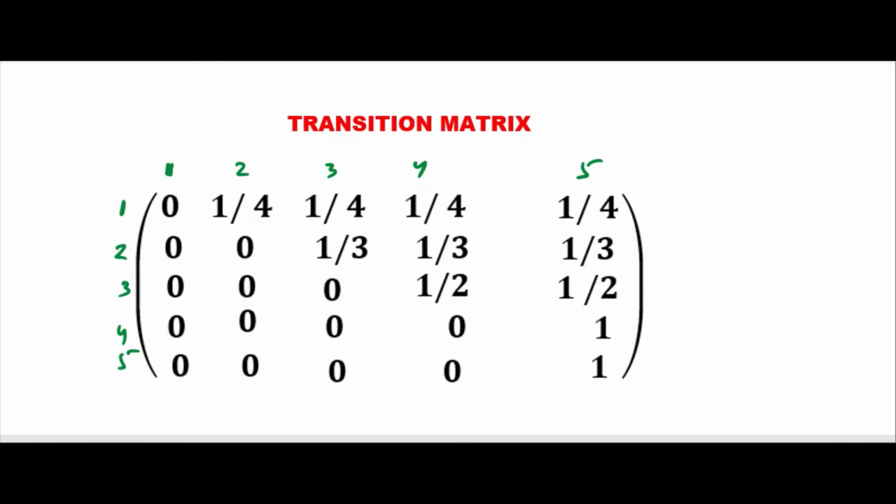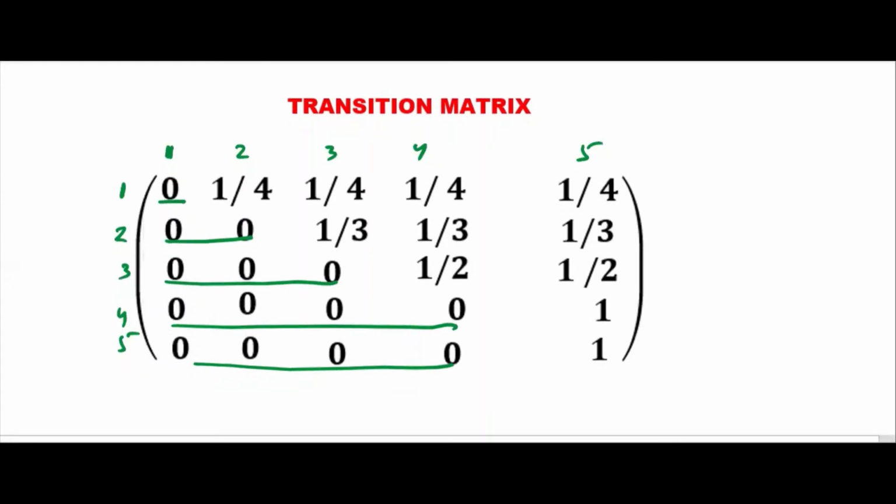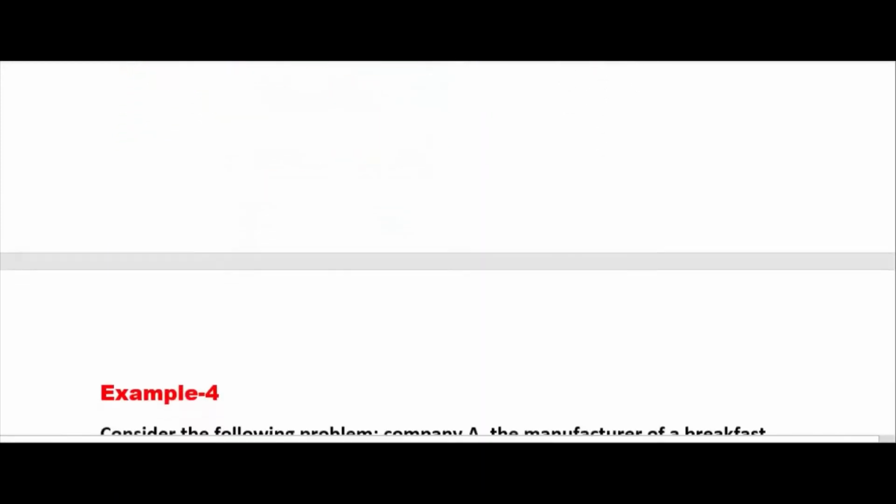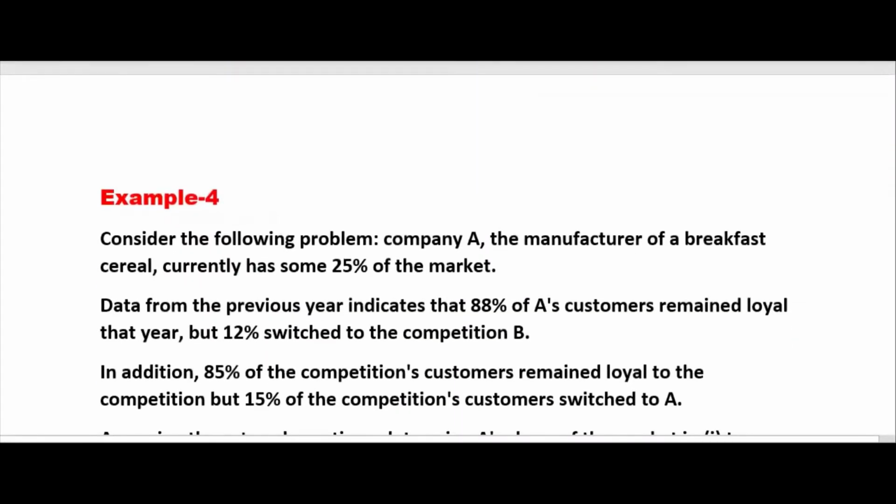Okay, from 2 these 2 are not possible, from 3 these are not possible, from 4 these are not possible. 5 is the absorbing one. If it's in 5, it will be 5 only, 100% probability. From 4 also, because it can't come to the lower numbers, there is only one possibility that it will go to 5. That's how the probability is again 1. This is over. Let's go to the next problem. This is the last problem here.